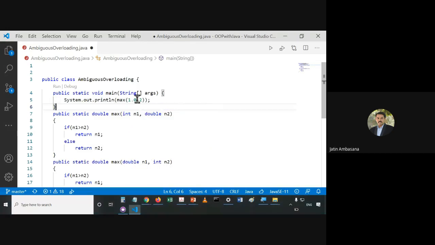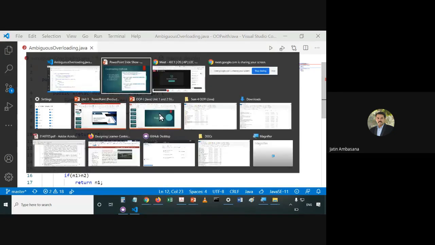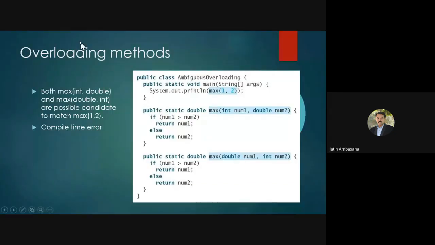But if we put both as integers, then it gets confused about where to pass them, because an integer can be given to the integer parameter, but also to the double variable. So it gets confused. Okay, understand how this works? So we have to make sure while overloading methods that the data types are proper.